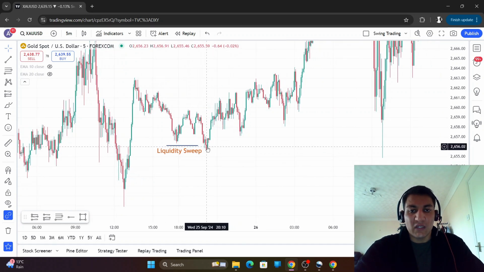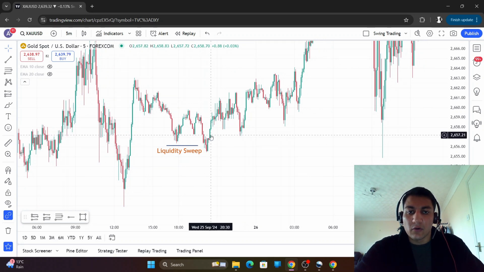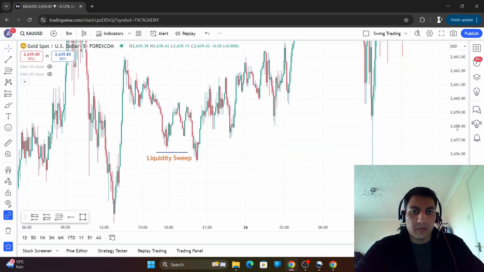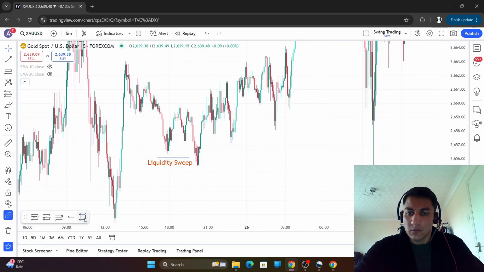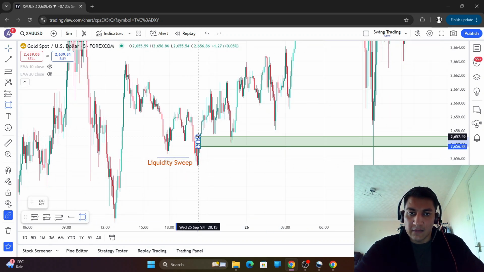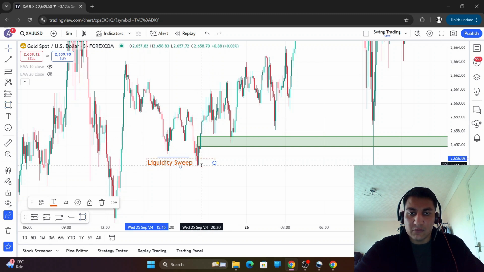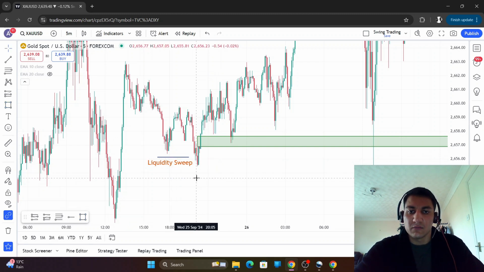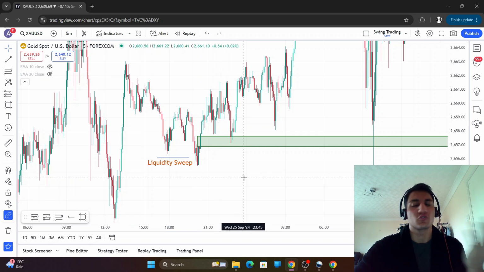And now that we've had our liquidity sweep, we're looking for any sort of fair value gap to form, and clearly we've got one here. So I'm just going to make this chart a bit bigger. What you're going to do now is mark this fair value gap. Now this fair value gap should ideally form in Asia, right? So you've got 8 till 12 a.m. Eastern, you've got 4 hours. Surely there can be a fair value gap that can form in that 4 hours.